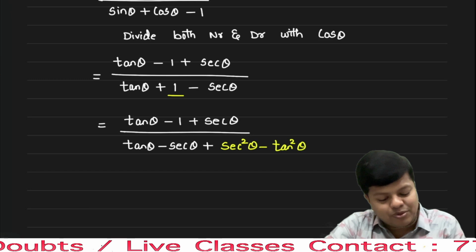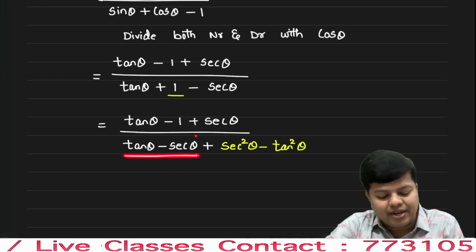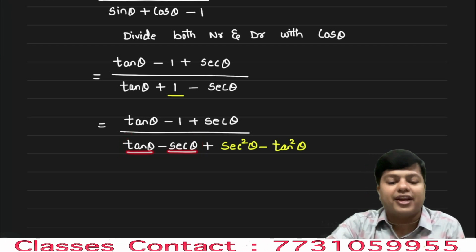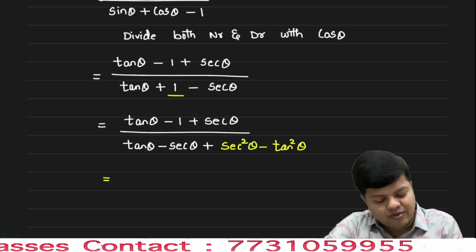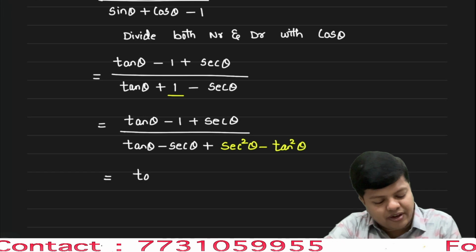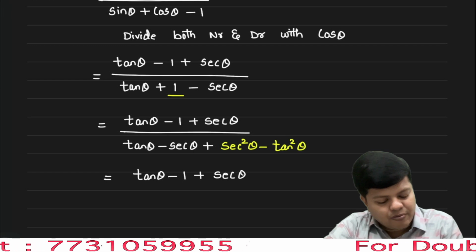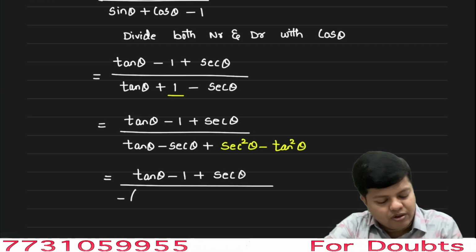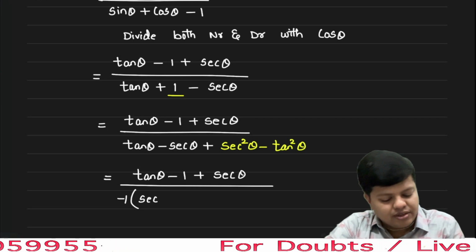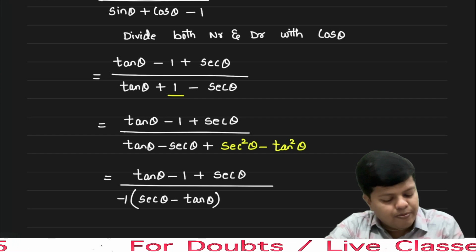Okay, next step, student, you need to take minus 1 common from this. If I take minus 1 common from this, then secant theta will become positive and tan theta will become negative. See, this is third step, student. Tan theta minus 1 plus secant theta by, you take minus common, secant theta minus means minus 1 common you can take, secant theta minus tan theta plus